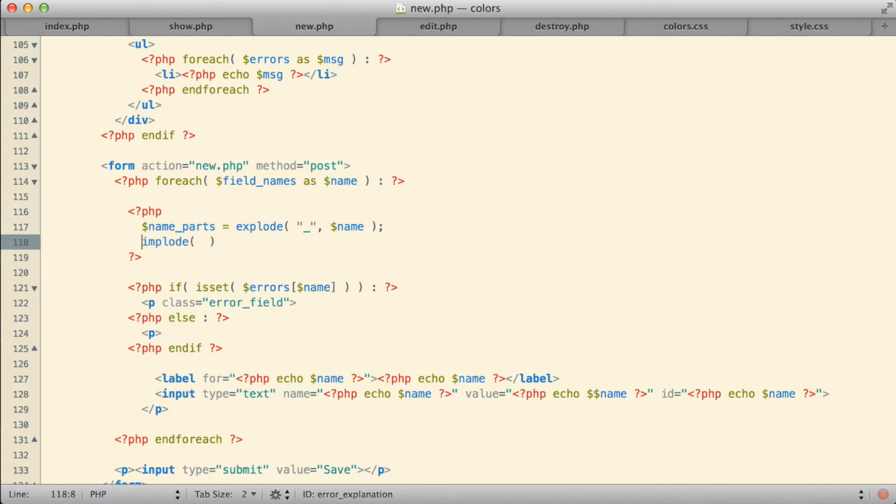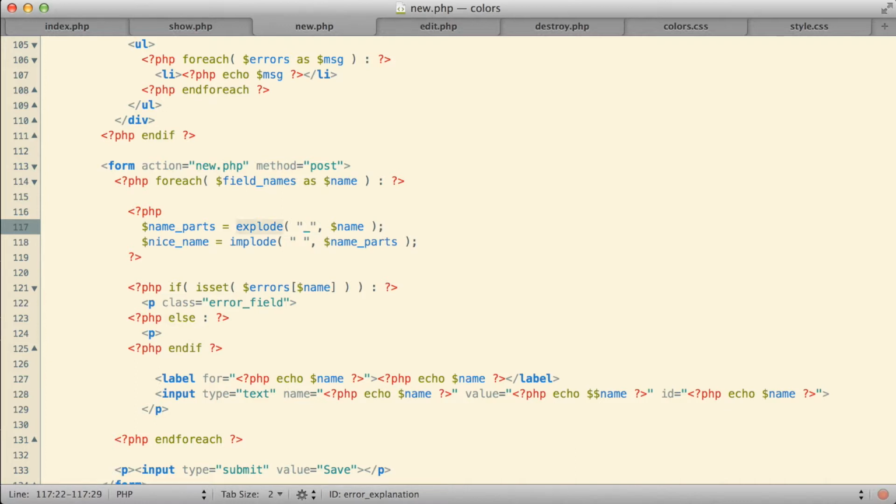single string. So I'm going to use the implode function here to create a new variable called nicename. That will sort of be my human presentable name, essentially. And what I want to do with it is combine the parts of name parts back together simply by putting a space between them. So a space becomes my join character, and name parts is the different things that I'm actually using to reassemble into that string. So explode and implode are essentially sort of opposites of one another.